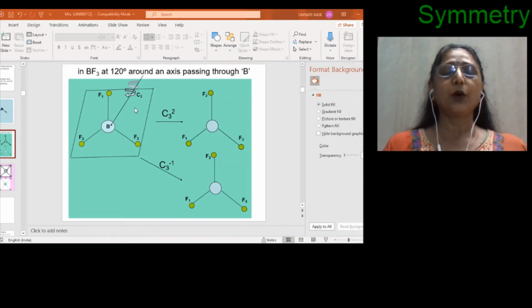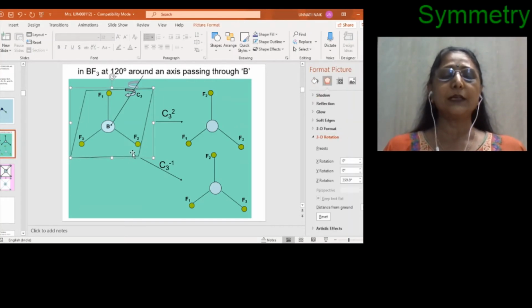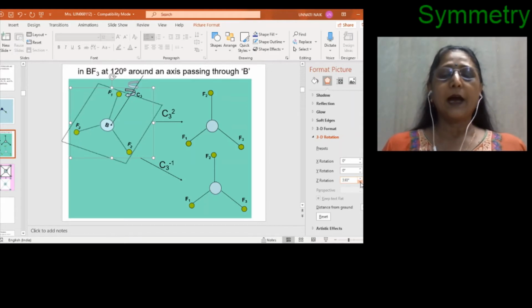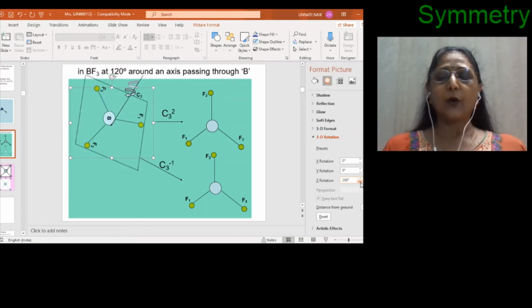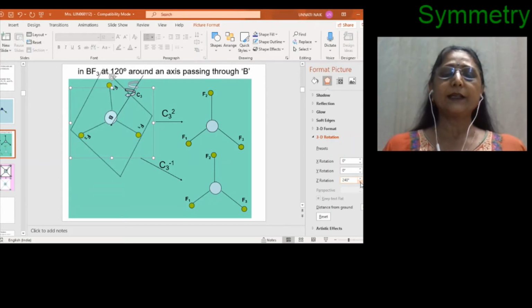Now if I rotate the molecule 2 times around this axis of rotation, we will see what is happening on the molecule. I am considering the structure of the molecule, this one, and rotating it around the C3 axis 2 times. One rotation will give us one representation, and the second rotation will give us another representation. So look at the molecule carefully. I am rotating at 120 degrees. Now at 120 degree rotation, we get a structure like this.